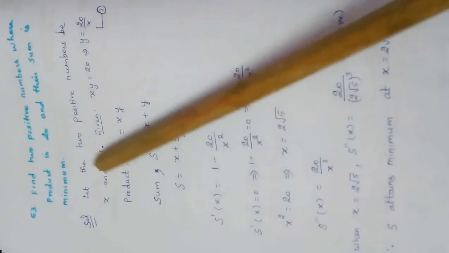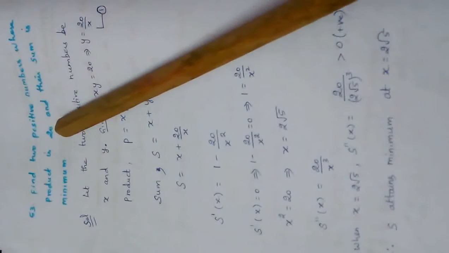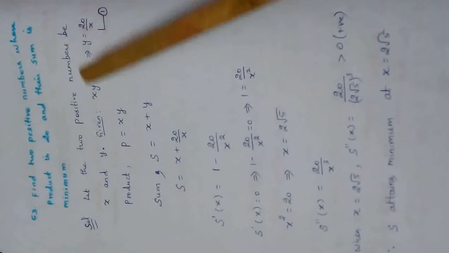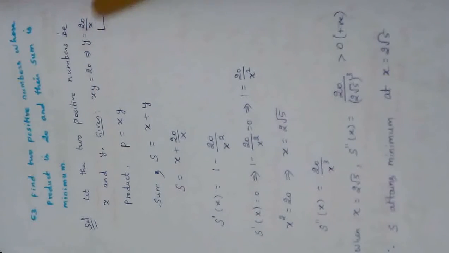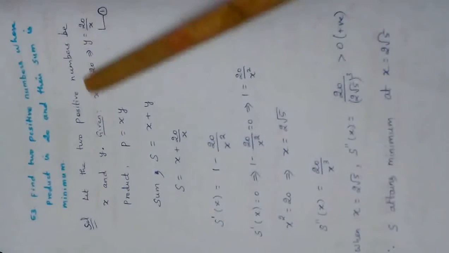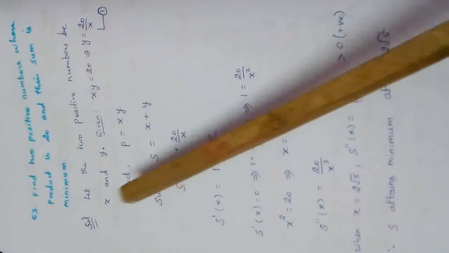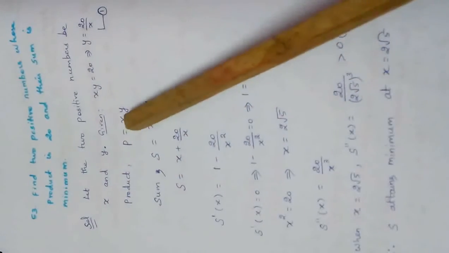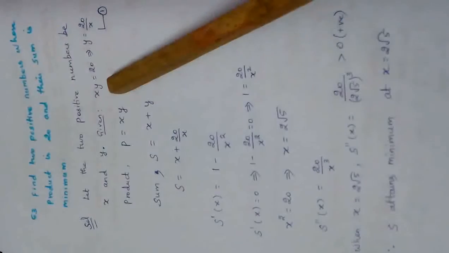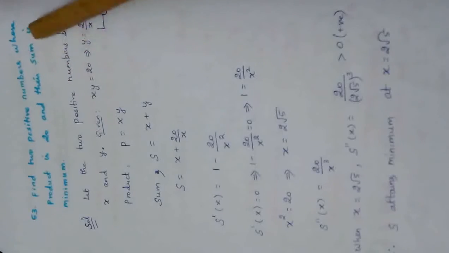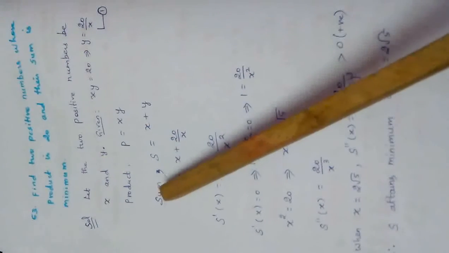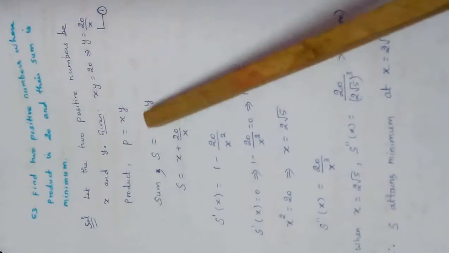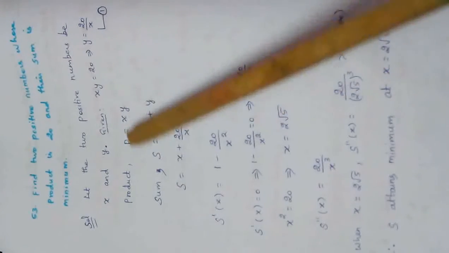Let the two numbers be x and y. What is given? Product should be 20. So x into y should be equal to 20. Or I can write y equal to 20 by x, taking this as first equation. So this is given. Now I am going to write product once again. Product P. We are giving a symbol. P is equal to, we should multiply the two numbers x into y. What is the other condition? Sum should be minimum. So I am again telling sum and giving the symbol as s. What does sum mean? Addition. So add the two numbers x plus y. We want this function to be minimum.